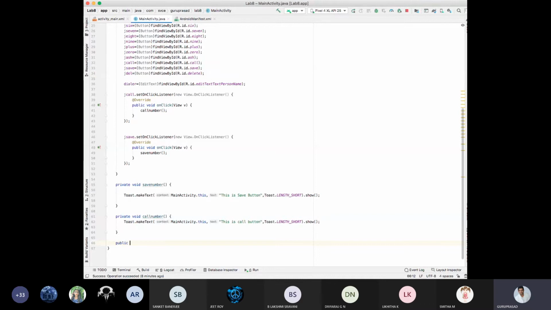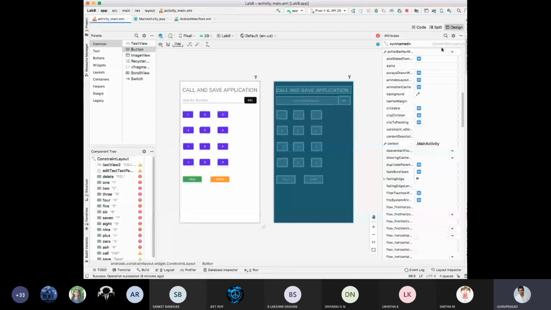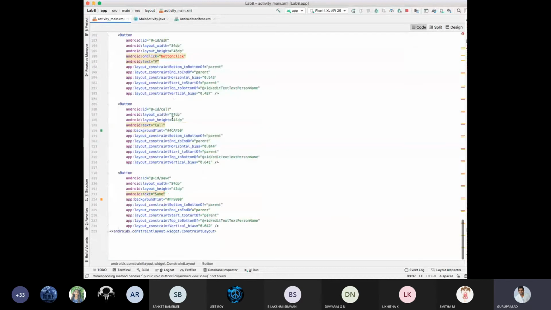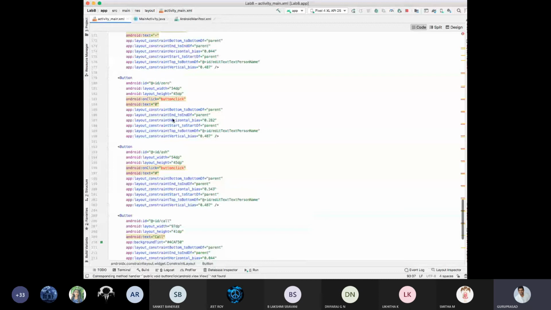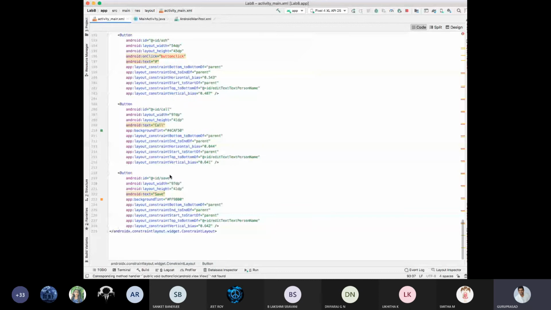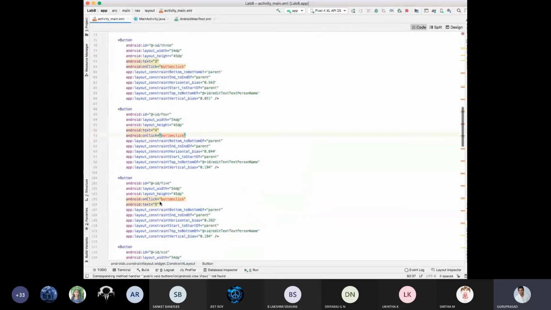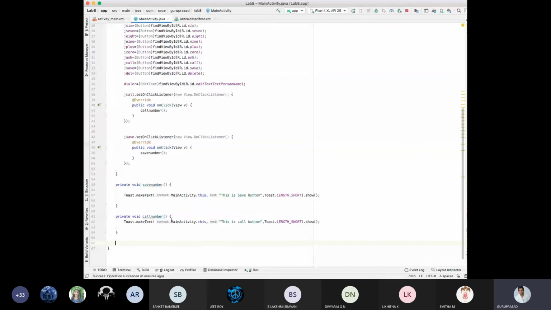Now I need to show you how it is red mark. See here in the code you have all red mark here, button click, button click, button click. For call and save button it is not having red mark. For everything else it is having red mark, correct? I'll remove the red mark now.